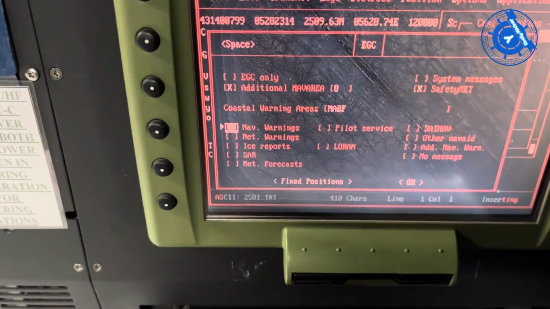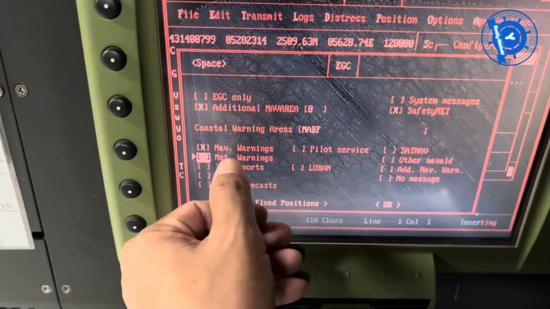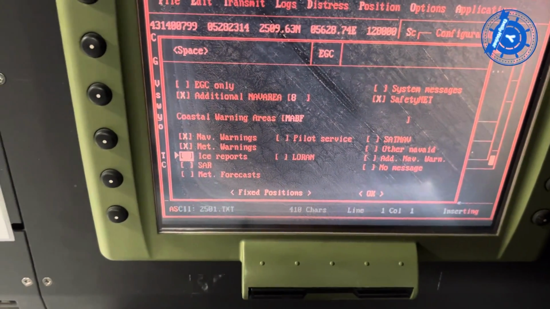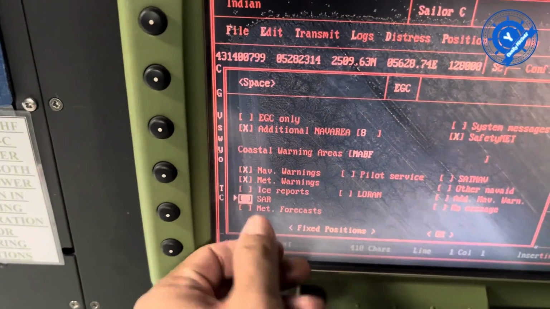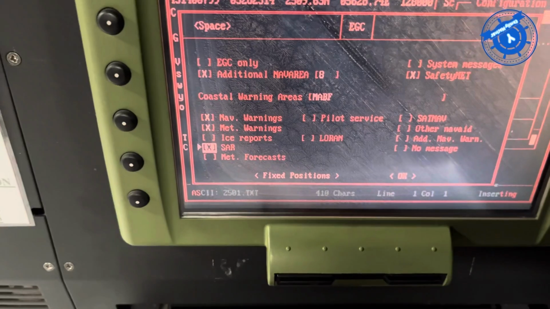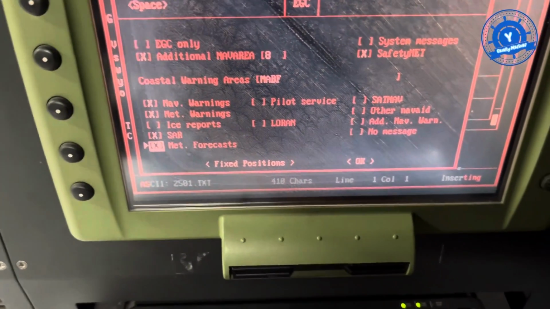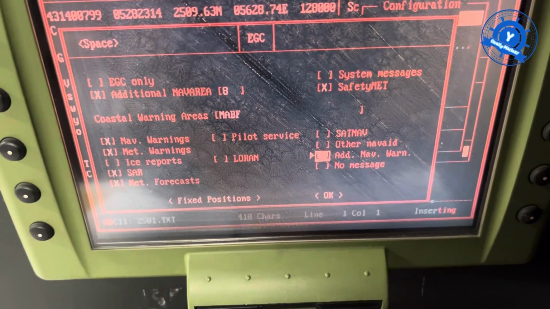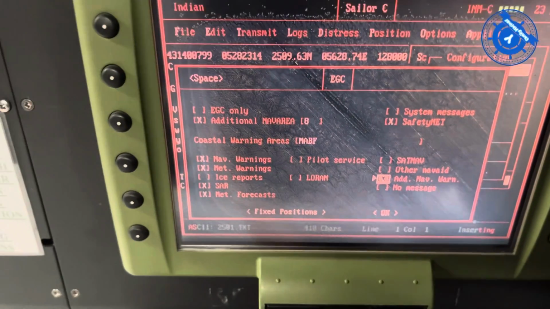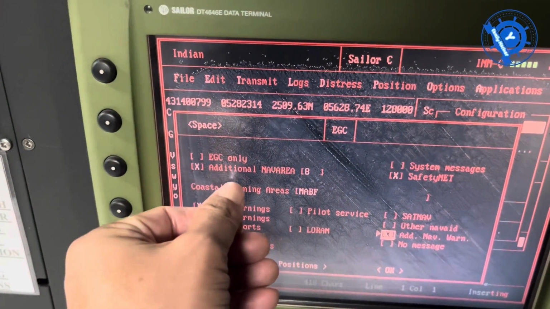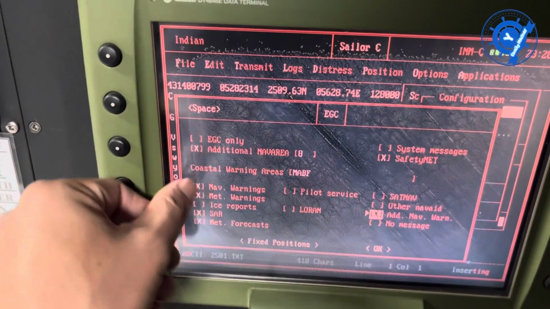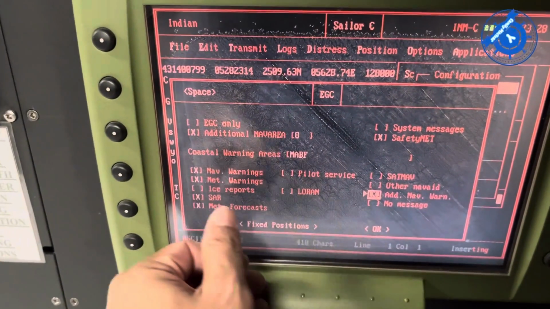If you want to try NAV area 1, okay, and going to the other, also meteorological 1 speed, and also no need to select the ice report and search and rescue coordination. If you want to choose a speed, also meteorological focus, okay, speed, and other additional navigation warning. Okay, speed. Now already tried. This is for additional NAV area, and this is for navigation warning area, already inserted under, and if you want to try any message, they already tried under.